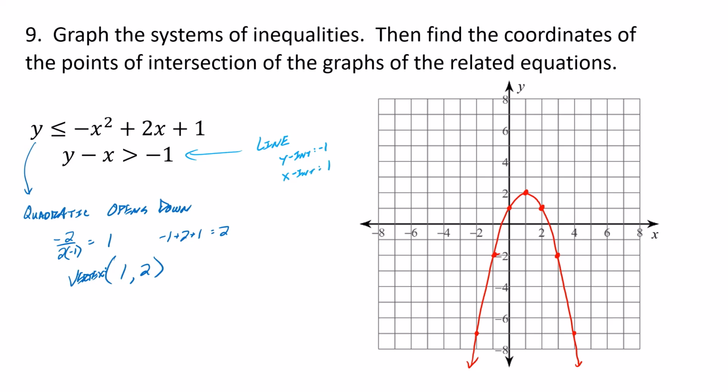The other option I could have done is just get y by itself. I could have turned this into a y equals mx plus b format by just adding the x over, so this would be like y equals x take away 1 as well, if you wanted to think of it that way. So now if it comes to plotting those points, I'm going to go ahead and just plot my x and y-intercepts, both at 1 and -1, and if I just continue going with the slope of 1,